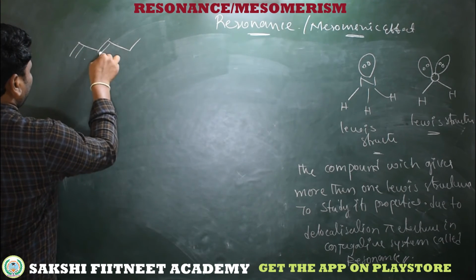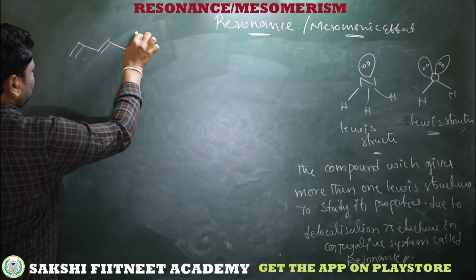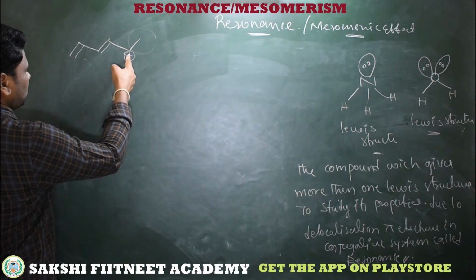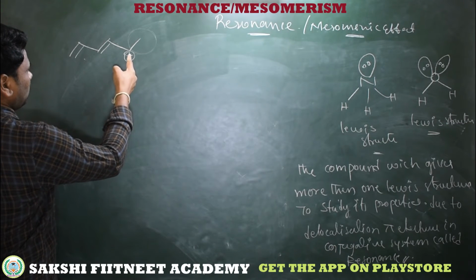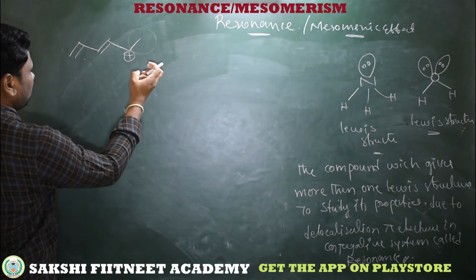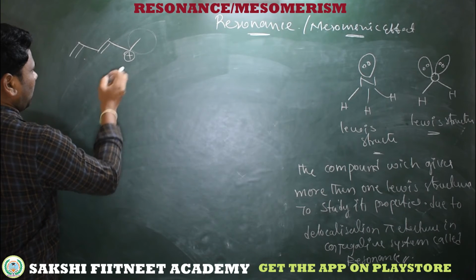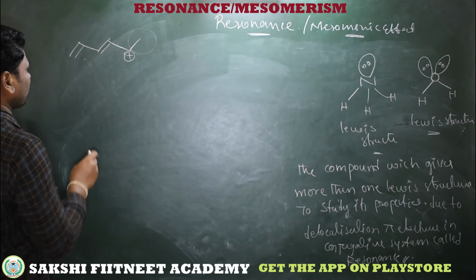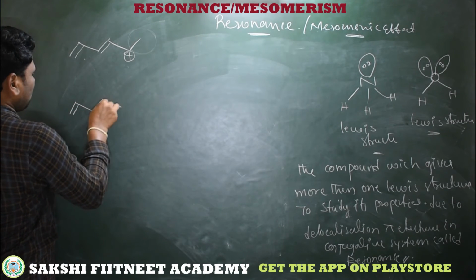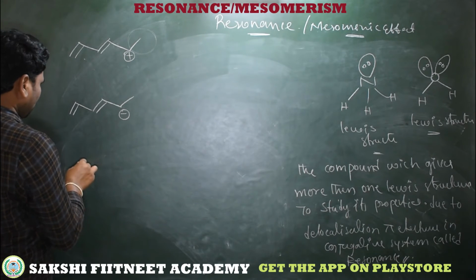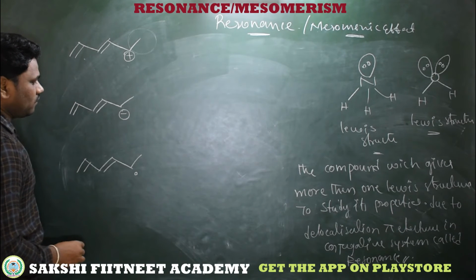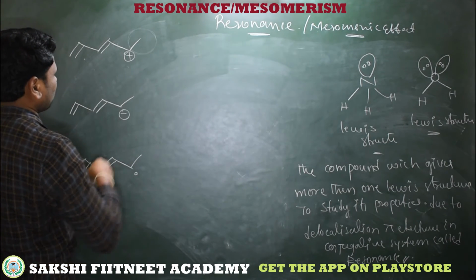So here, simple, I am taking this structure. See, this does not participate in resonance because the conjugation is closing up to here. So this is an electron deficient carbon, and this electron deficient carbon pulls the electrons from the conjugation. So you need to learn the conjugative system with a positive charge, the conjugative system with a negative charge, and the conjugative system with a radical. How can we write resonating structures for these types of conjugative systems?